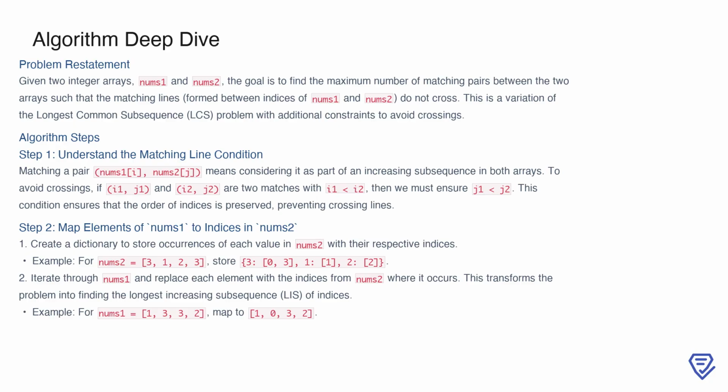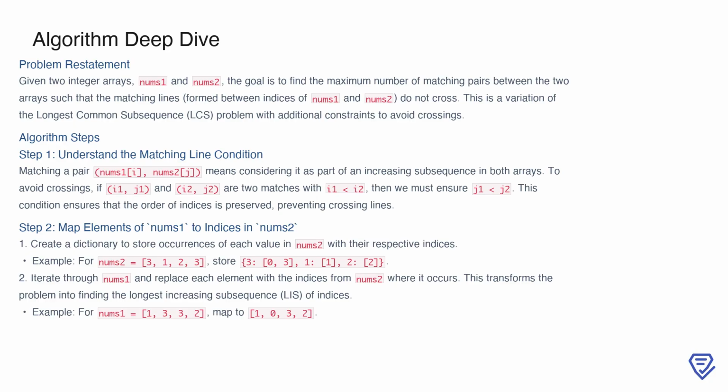With this condition in mind, the first step is to map elements of nums1 to the indices where they occur in nums2. For example, if nums2 is [3, 1, 2, 3], the mapping would store the indices of each value, such as 3: [0, 3], 1: [1], 2: [2]. Then, for each element in nums1, we replace it with the corresponding indices from nums2. For instance, if nums1 is [1, 3, 3, 2], this mapping produces [1, 0, 3, 2]. At this point, solving the problem reduces to finding the longest increasing subsequence of these indices, which ensures the matches